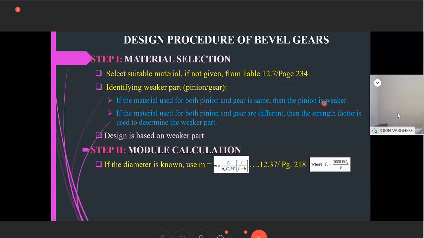So the condition we use here is that if the material used for both pinion and gear is the same, then